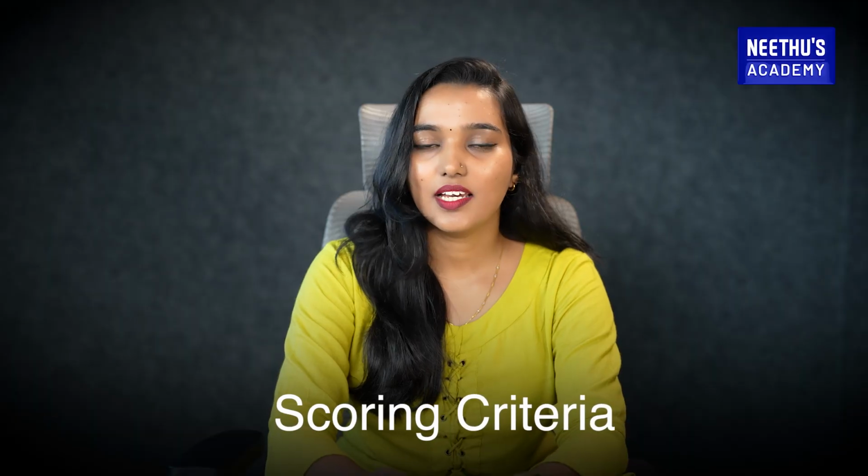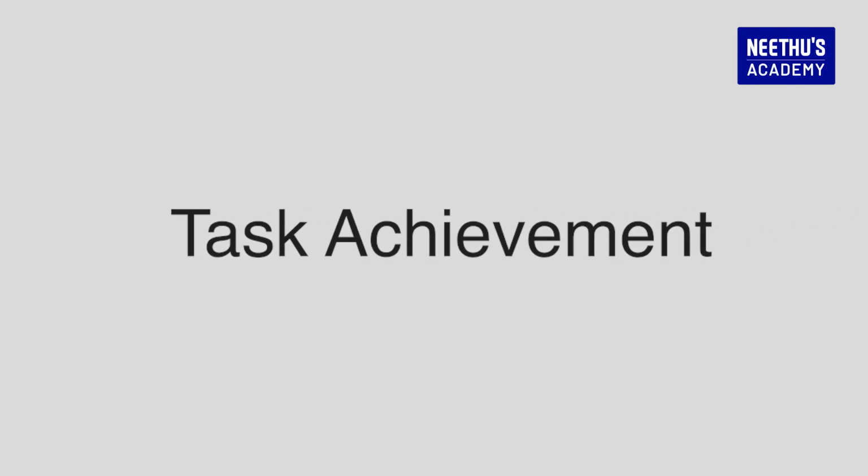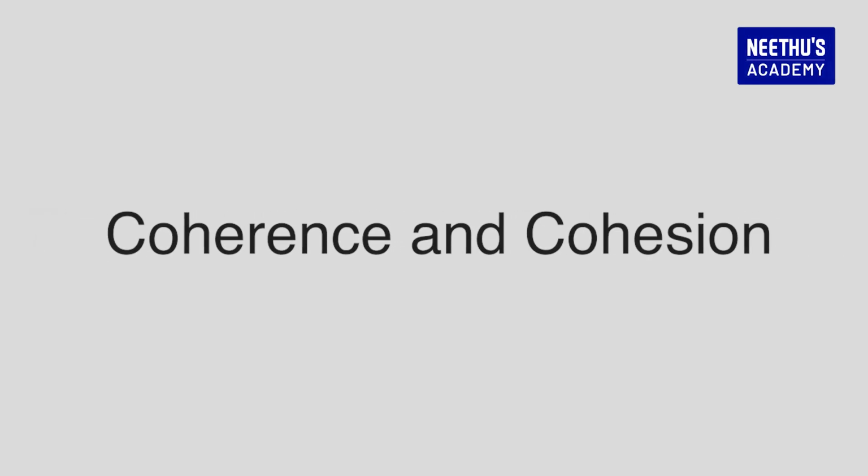Scoring criteria. Here, the examiners will mark your Task 1 based on four main criteria. Task achievement. Here, you need to cover all the requirements of the task and you need to cover the key features accurately. Accurately selecting and comparing the key features is really essential. Coherence and cohesion. Here, the information and data that you have selected should be logically sequenced. The paragraphing should be clear and effective. You can use a range of cohesive devices appropriately, but make sure that you avoid the overuse or mechanical linking.